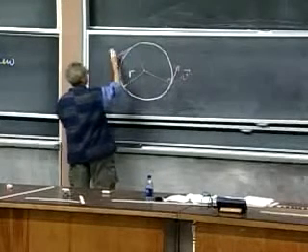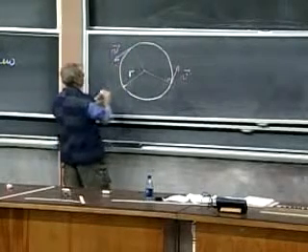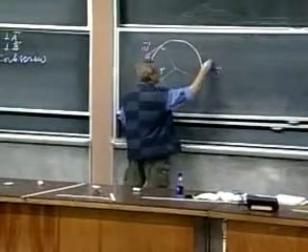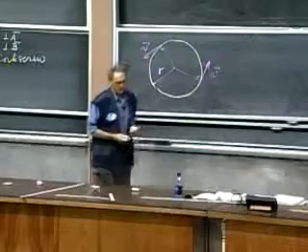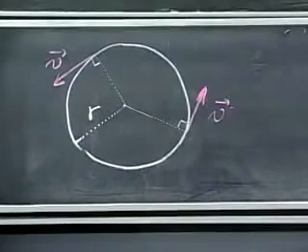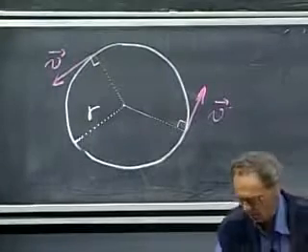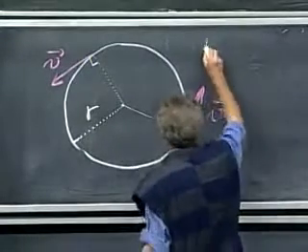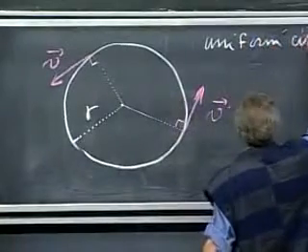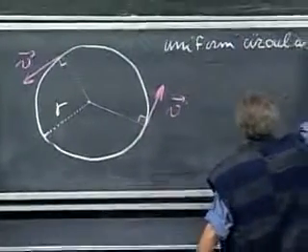The speed is the same, but the direction has changed, 90 degrees. So these vectors should have the same length. In a situation like this, that we have uniform circular motion,